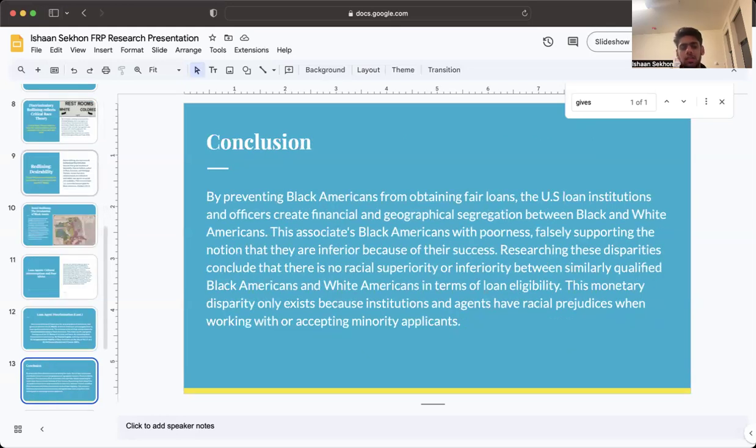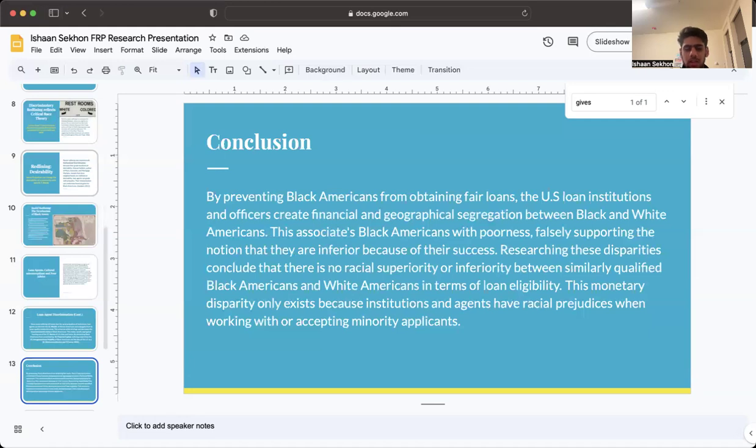So, in conclusion, by preventing Black Americans from obtaining fair loans, the U.S. loan institutions and their officers create financial and geographical segregation between Black and white Americans. This associates Black Americans with poorness, falsely supporting the notion that they are inferior because of their varied success. However, by